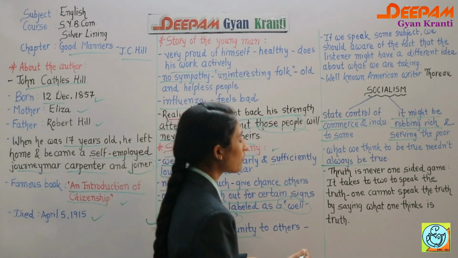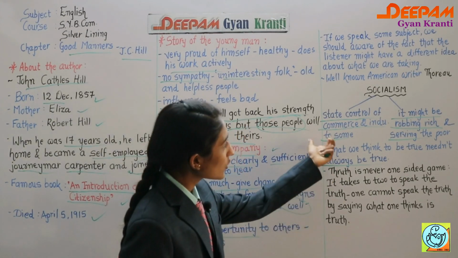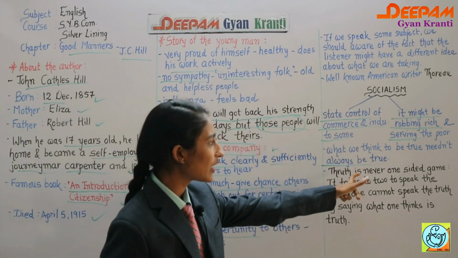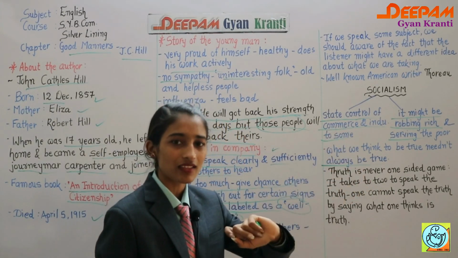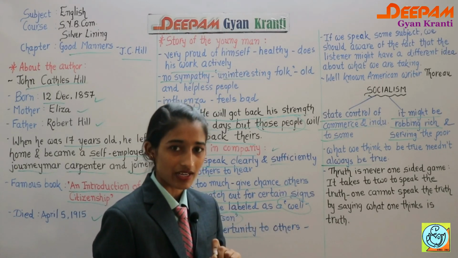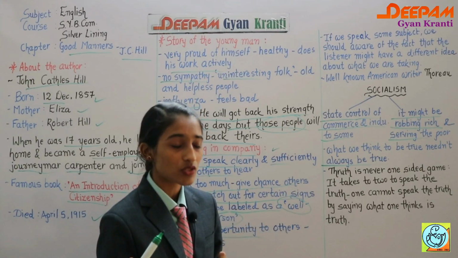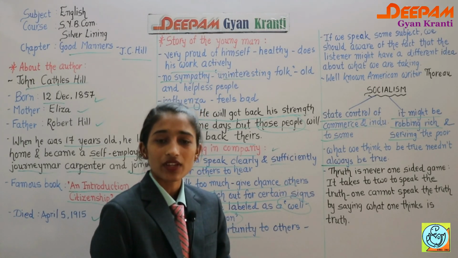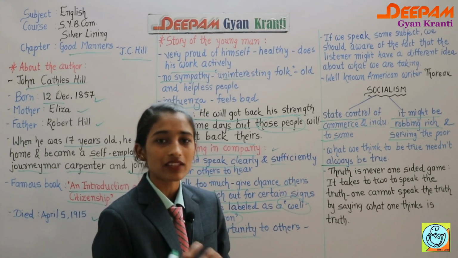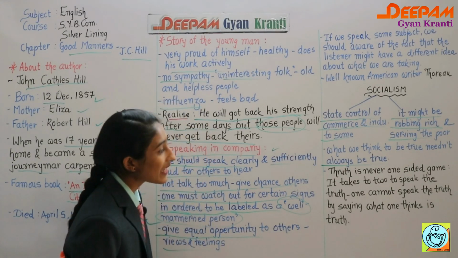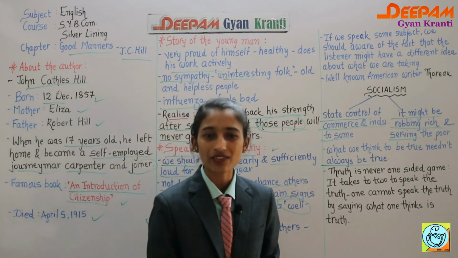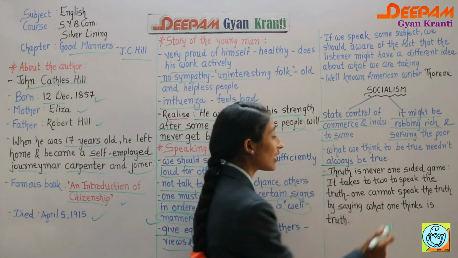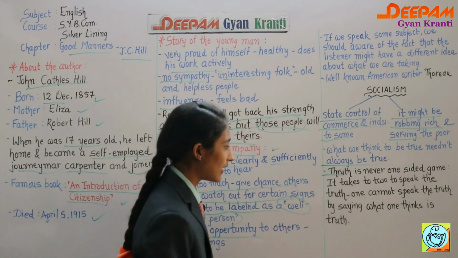Now it is a very important thing, and I told you that everyone has a different meaning, and whatever we are thinking is not always right. Every coin has two sides. So maybe it is possible that for someone you are a positive thinker, for someone you are a negative thinker. So that depends on others. Truth is never a one-sided game. I told you that a coin has two sides. So even truth is never a one-sided game.